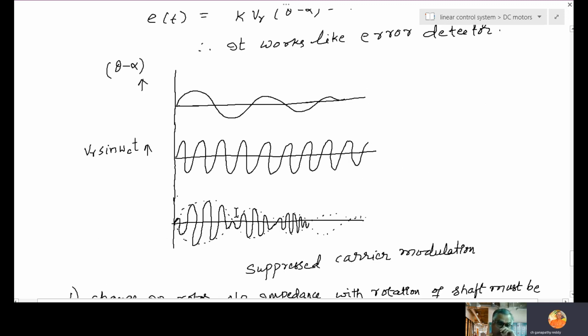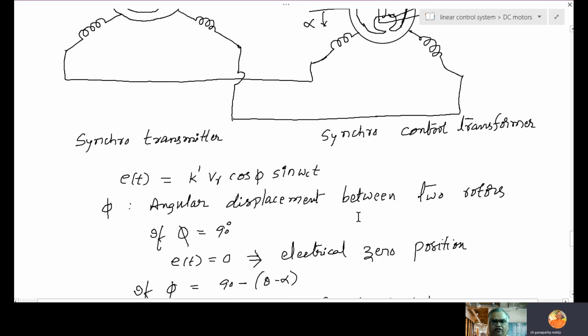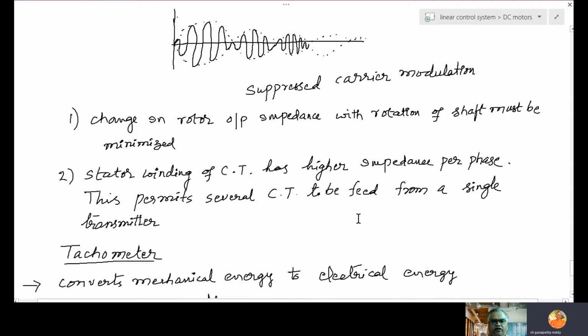And what is the use of a synchro pair? It is like an error detector. See, a big mechanical system, this position not visible, this position also not visible. Just by detecting the error signal, we know where the control transmitter rotor position is, where this position is, and what the difference is. Accordingly, with the help of the error signal, we are guessing their positions which are not visible. That is the advantage of this. So it is used like an error detector.